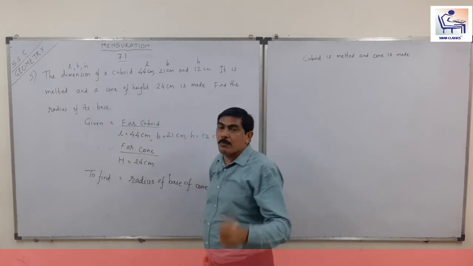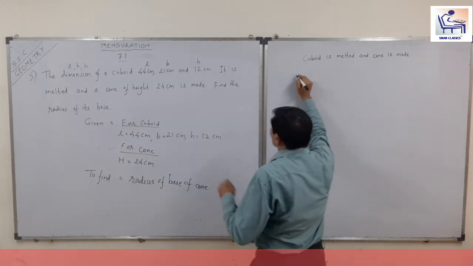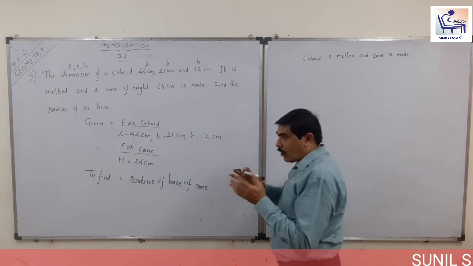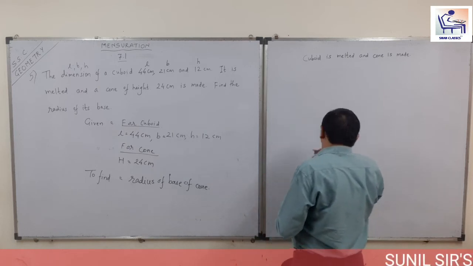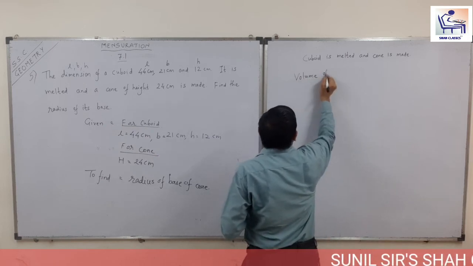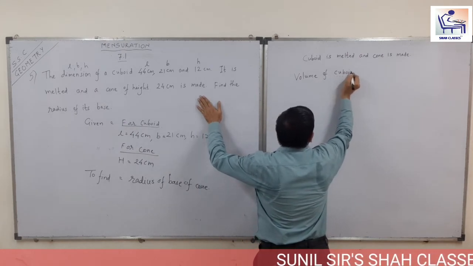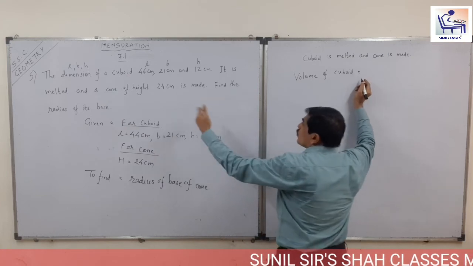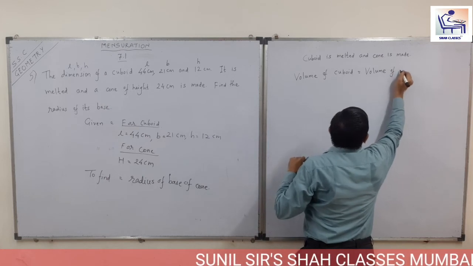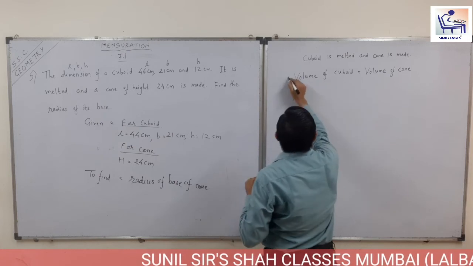एक फिगर से दूसरे फिगर की बात आए तो समझ लो कि वॉल्यूम होगा. ओके, सो यहां पे इसका मतलब, बिकॉज दैट इज द इनर कैपेसिटी. सो जो हमने पूरे क्यूबॉइड को मेल्ट किया और उसमें से कोन बनाया, तो वॉल्यूम तो चेंज नहीं होगा, वॉल्यूम विल रिमेन सेम. सो वॉल्यूम ऑफ क्यूबॉइड is equal to volume of cone.